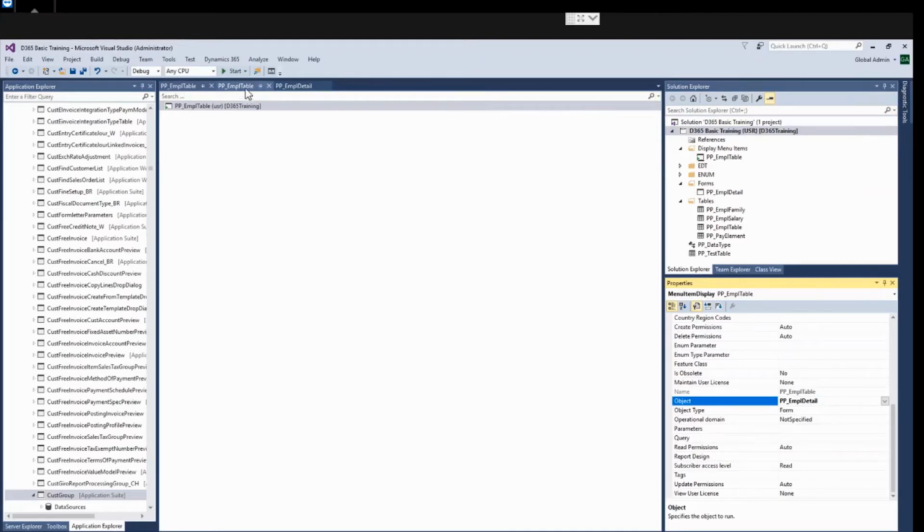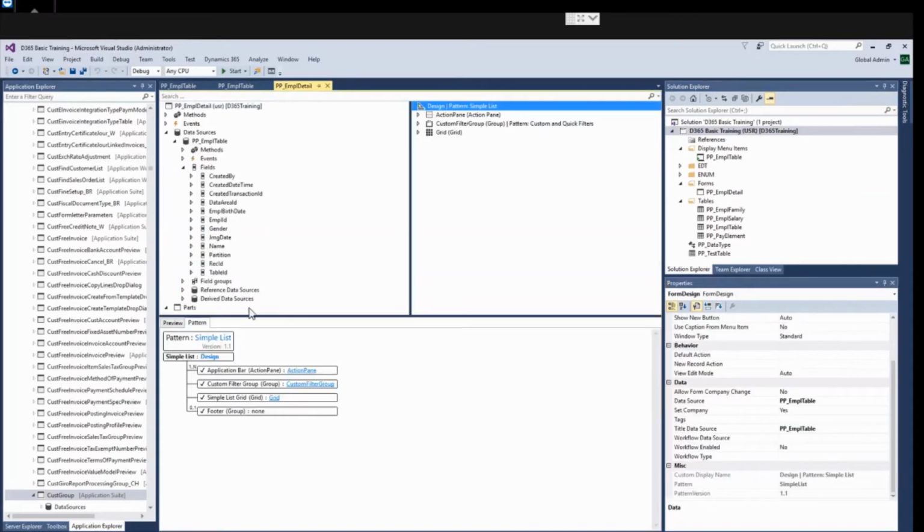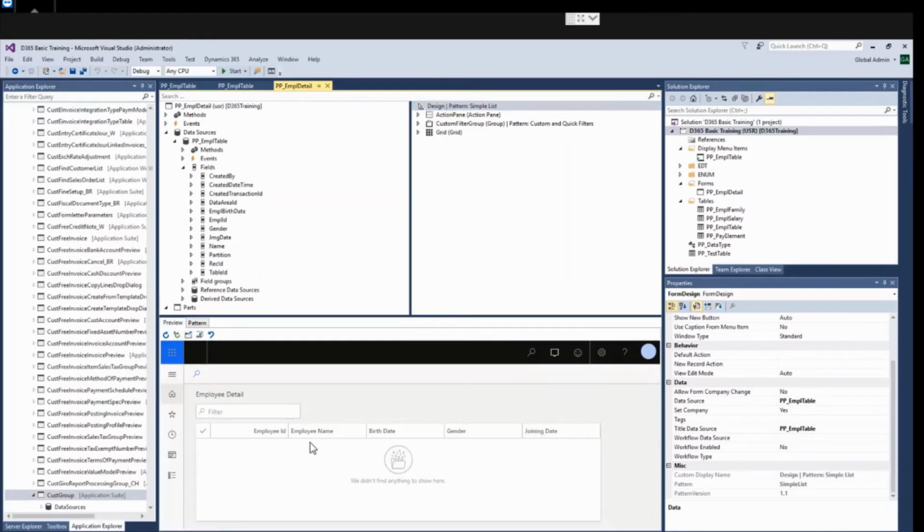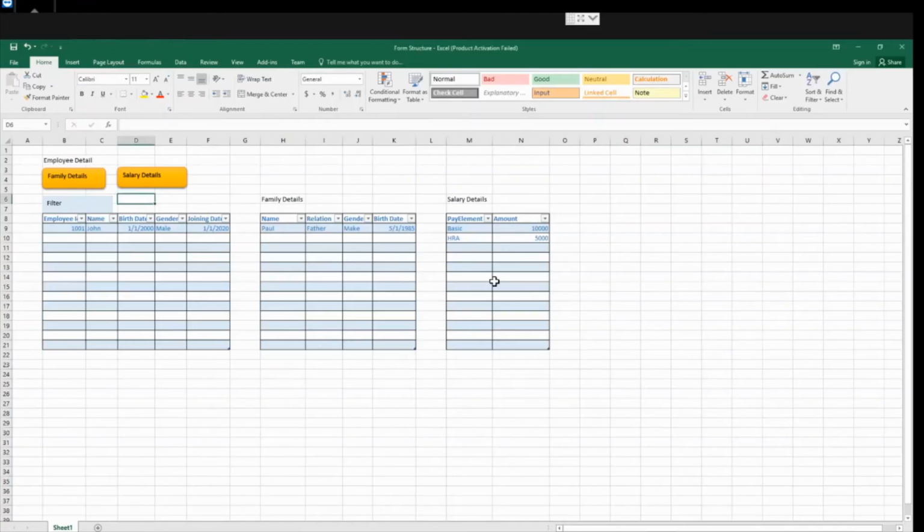Now again we will go to that form. So in the preview, if we see, we have created this design. Now we will compare this to our layout. So we have created this form. Now to open the forms from this button, first we need to have these forms, then we will create the display type menu item, then we will link that display type menu item with this button. So this is our target area. So first we need to build these two forms. So let us create them quickly one by one.